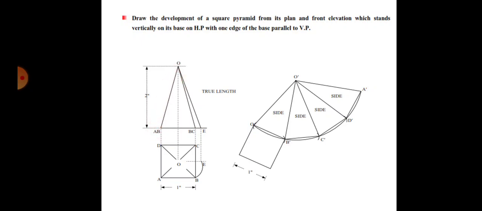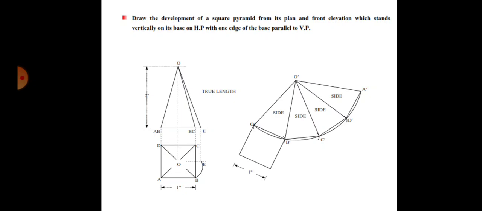In the previous problem which I did, the condition itself was saying that it is resting on the corner. In the previous video, the pyramid was resting on the corner and there was a truncated surface, the section plane was cutting it, right? So I told you to take the slant height as the true length, take the radius and draw the arc. I just told you the line which is parallel to xy line should be considered as true length. But this type of question will also come, which is similar, but the condition will say that it is resting on the edge, not on the corner.